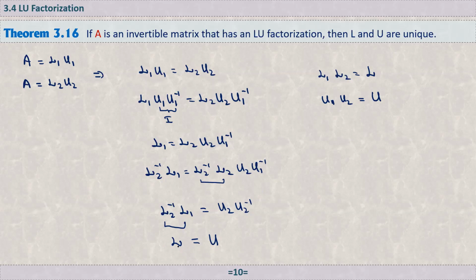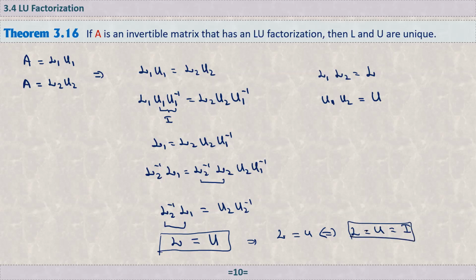We know that for this lower triangular matrix, all the entries in the main diagonal are 1, 1, 1, and below this and above this is equal to 0. How about this U? Below the main diagonal, all the entries are 0. When is this lower triangular equal to this upper triangular? These matrices are equal if and only if L equals U, and that's equal to the identity